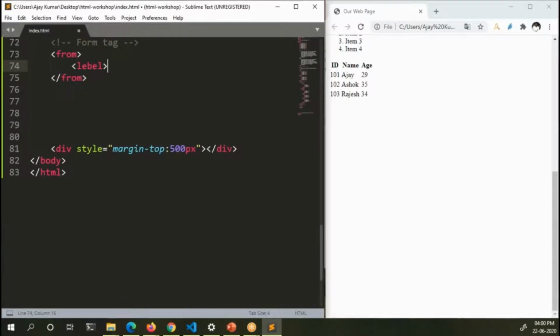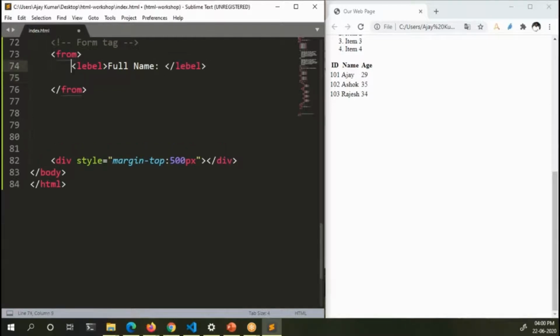So a label. Label is a tag which simply displays a label for an input control. Full name, label. Next, another important tag is the input tag. Input is the tag which will create user controls. Sorry guys, there is an error here.